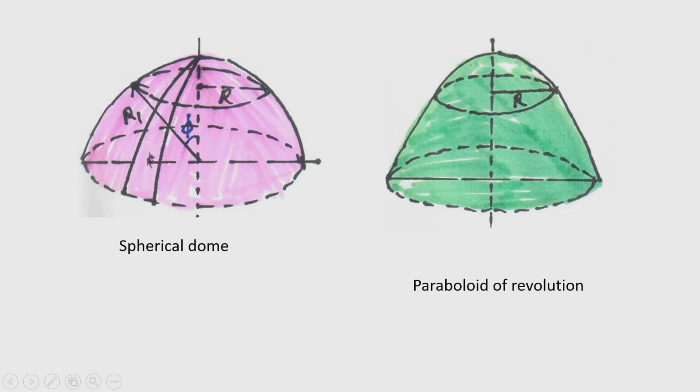is known as meridian. So, this is a meridional curve, and such type of surface is known as spherical dome, because this will be a part of a sphere. But on the other hand, if a parabola is rotated, suppose this is a parabola, plane curve is parabola, and it is rotated about the axis of revolution, then the name of the shell will be paraboloid of revolution. So, that is the difference. Similarly, the ellipsoid of revolution may also be there. If an elliptical meridian is revolved around the vertical axis, then the ellipsoid of revolution is formed.